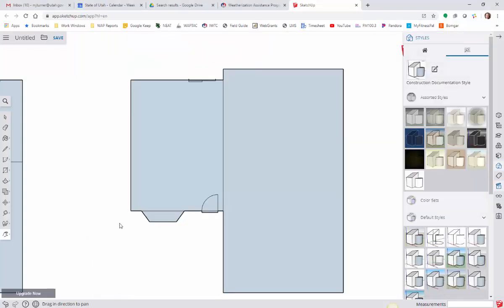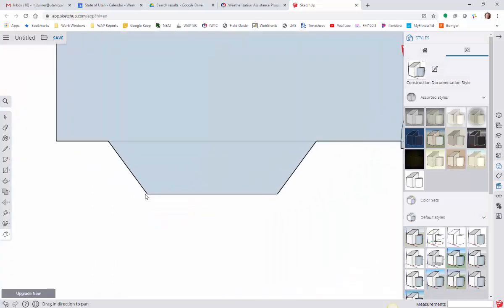So back to this drawing here. We're going to draw in our boxes for our windows. This box was 4 feet wide, 4 foot, comma 4, and these ones were 2 feet wide. Now I'm going to draw these out here just to show you how to drop them on the wall and make them centered and stuff. So I'm going to draw the rectangle, and I'm going to change it to 2 foot, comma 4 inches,